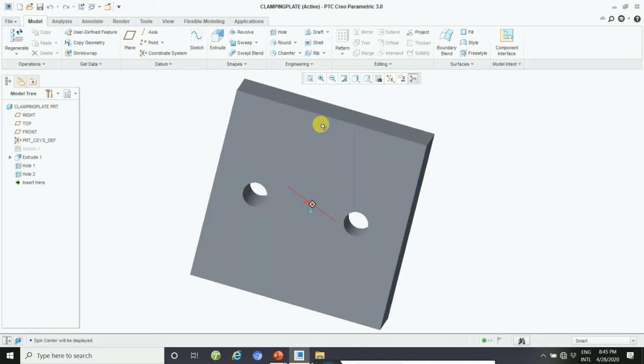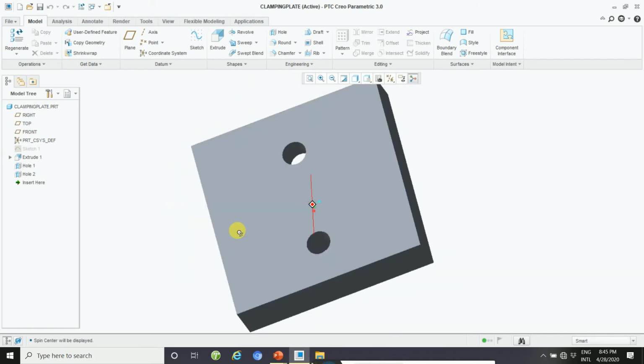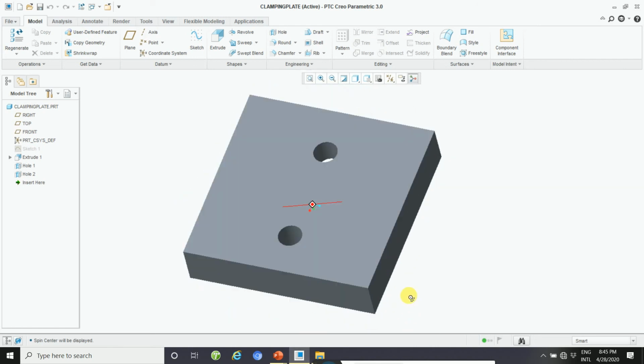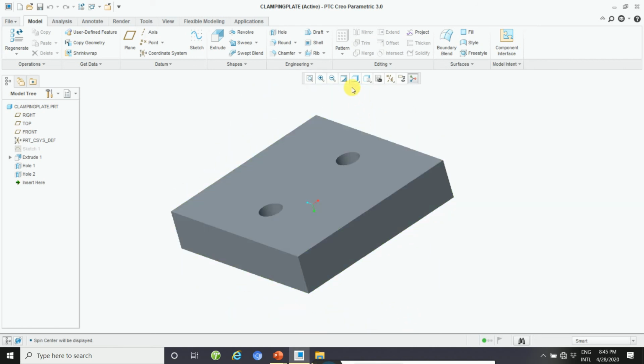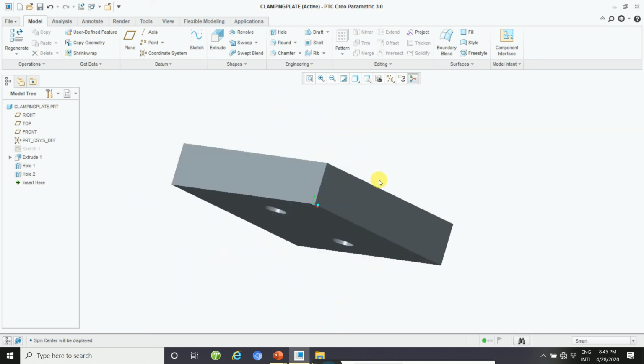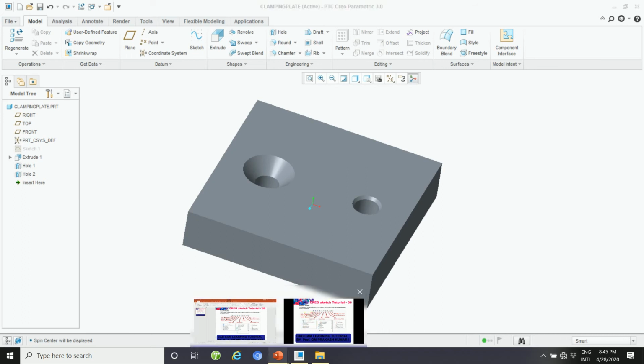Your model will rotate, and this way you will rotate. Then this way refine, update. This way you will represent all your views.